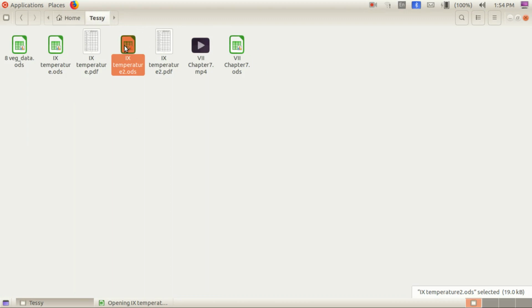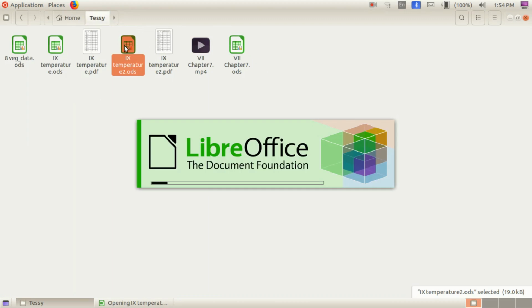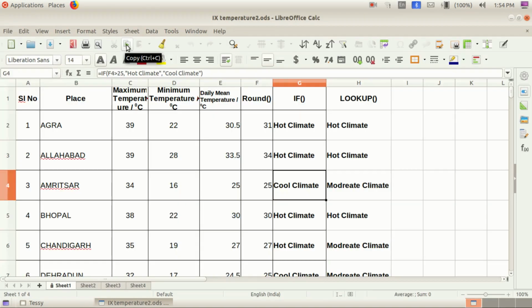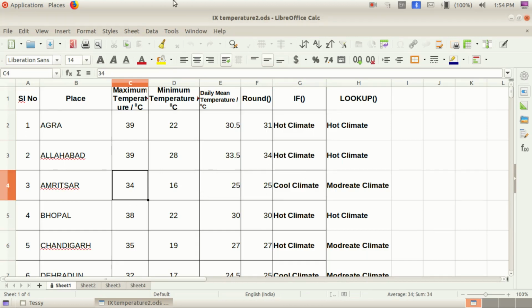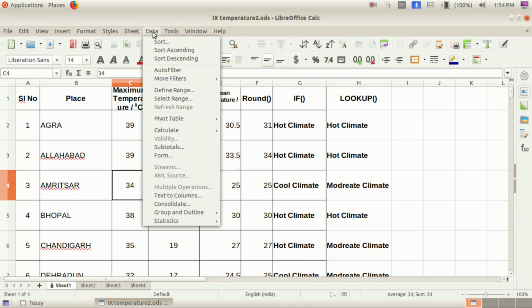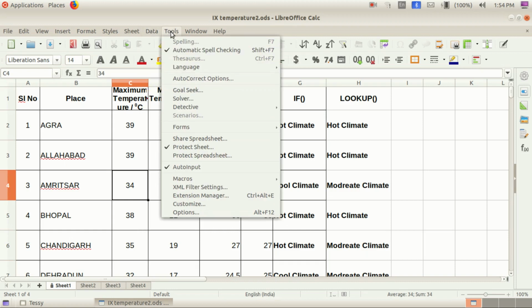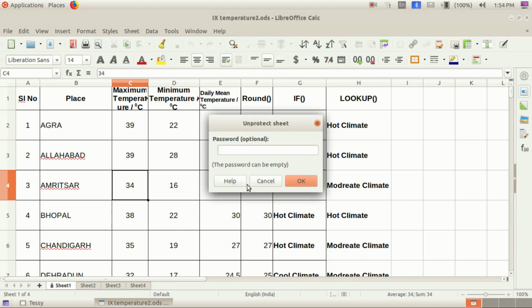Now temperature 2.ods needs to be opened. Look here, children, that is opening. If anybody takes and makes any changes there, what will happen? No, it is not accepting the changes. Therefore, we need to take Tools, Protect Sheet and give the password for that.